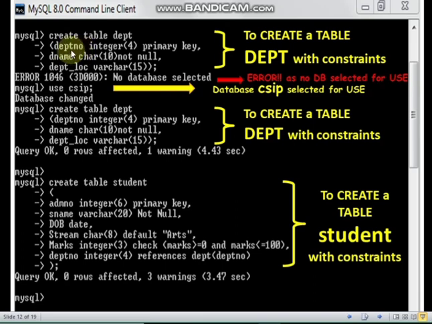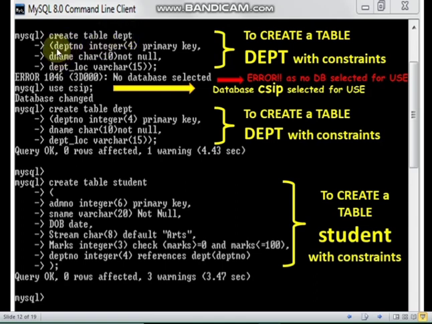Don't give any space, you can use an underscore. And if you want to give any number, you can write it after the name of the column, like DPT_NO1, or suppose you want to name the table department 1, so DPT1.